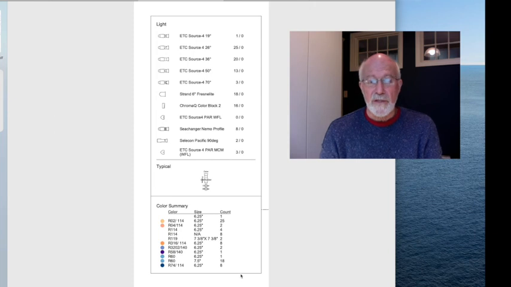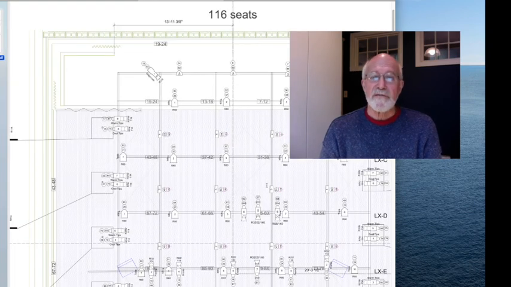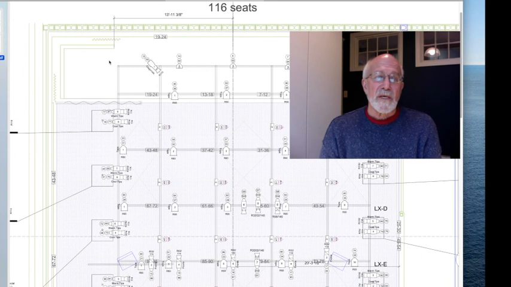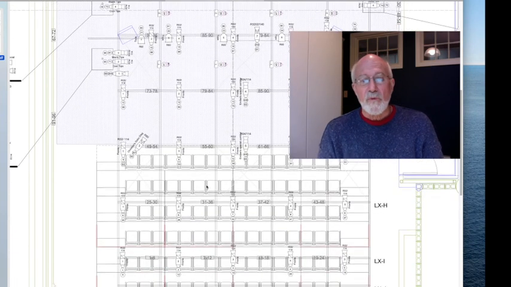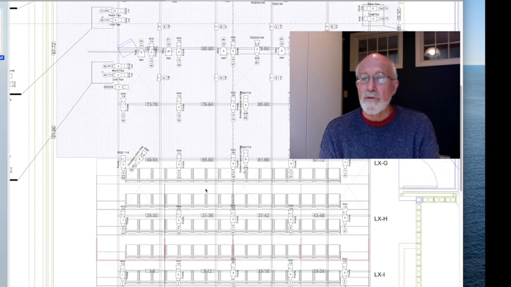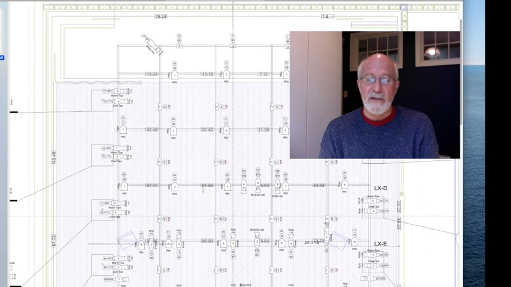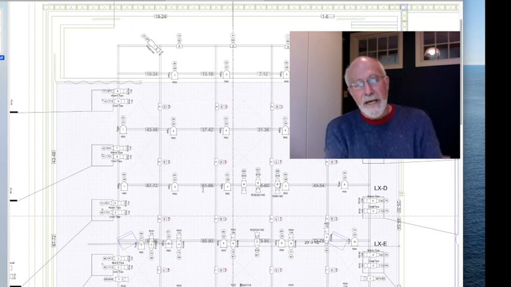So I guess, here's a count for the color summary, which for some reason is on this. The filters, these are filters for the lighting instruments. It could equally give you a count for every single one of these lighting instrument categories. And then we would systematically go through the space on lifts, or if it was over the seating, on ladders, and hang these lighting instruments and connect them to